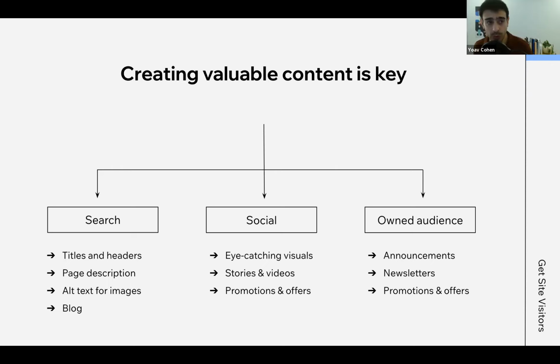Finally, with our owned audience, this is the place where people have engaged with you. And so there are a few tools to use to continuously engage with them. But again, we'll be talking about email marketing. And here we have 3 examples of campaigns, or emails that can be sent out to them. Things like announcements, where we have special occasions on our site, things like launchings of a new product line, or newsletters with ongoing updates that are